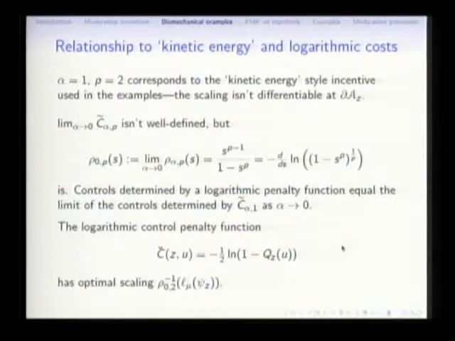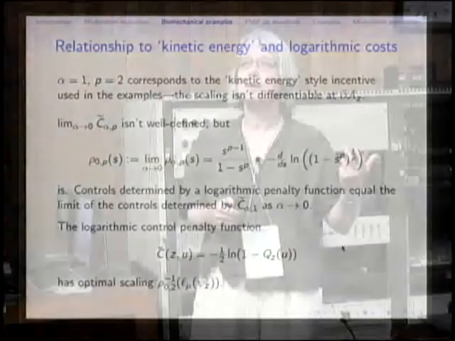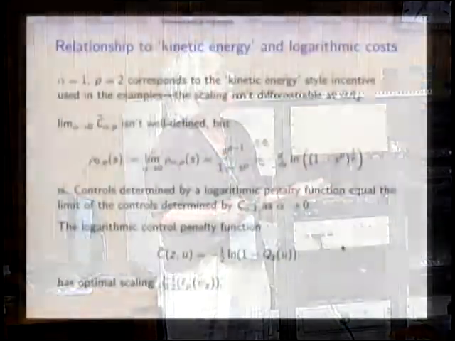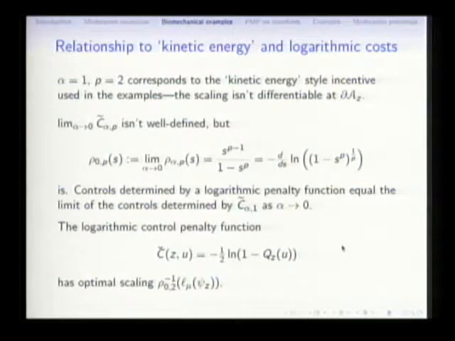And then to relate this to some very common control cost terms: alpha equals 1, p equals 2. And now alpha equals 1 means you can definitely hit the boundary. And as far as I can tell, you usually do slam into the boundary. This is what looks like that kinetic energy style incentive. So if you're using something, let's say, for lack of a better choice, let's have it look like a standard canonical Hamiltonian system. If your system is such that you're likely to hit that control boundary, you may be paying an analytic price